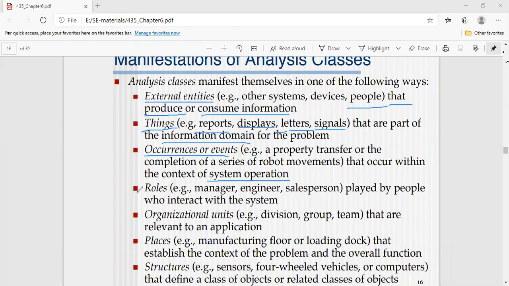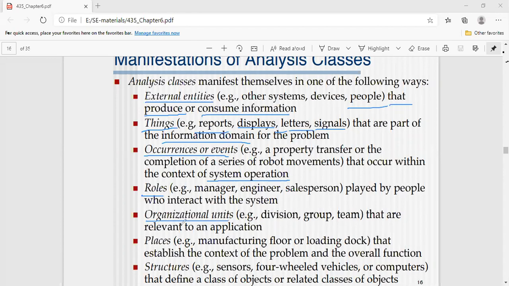And next, roles. Apart from the customers, there are different roles included within a particular project. What are those roles? That may be a manager or engineer or salesperson, those who work for that particular system, isn't it? Next, organizational units.